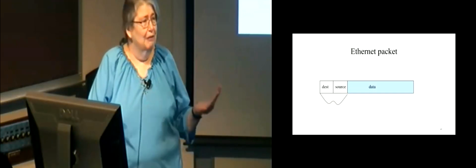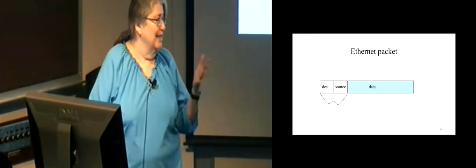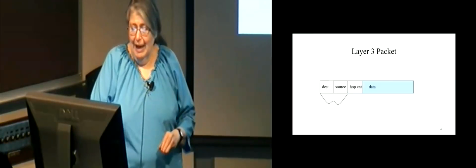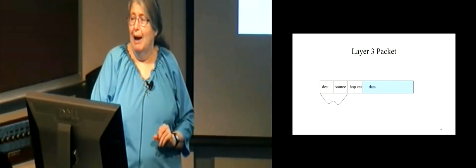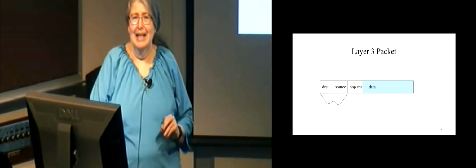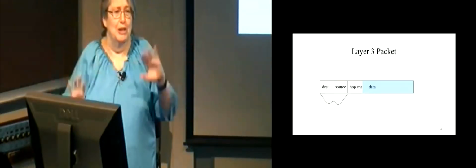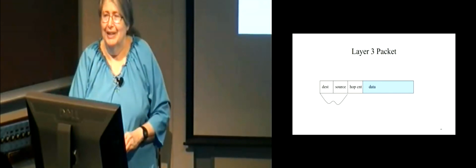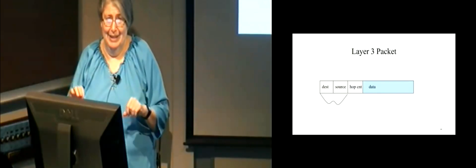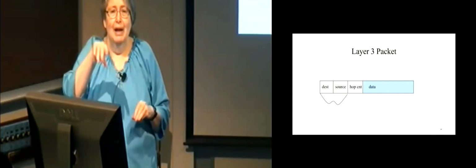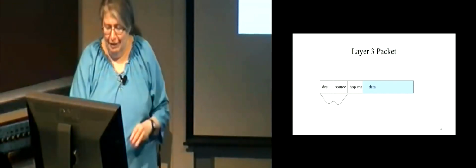It's kind of easy to confuse Ethernet with a network because in an Ethernet packet, you put a destination and a source on your data, and in a layer 3 packet, you do the same thing, but there's this mysterious extra field known as a hop count. The reason for that is that in a network, you can't snap your fingers and have everybody switch to a new topology if a link goes down or whatever. So in the meantime, people's forwarding tables are going to be inconsistent. And so it's a good idea to have a hop count so you get rid of packets that are just wandering around aimlessly.